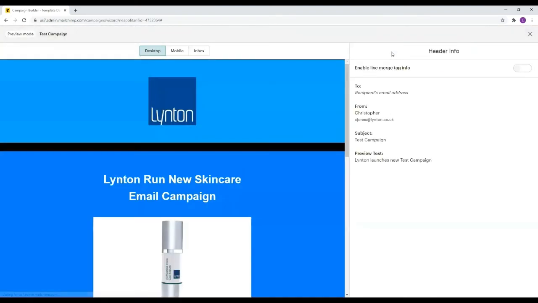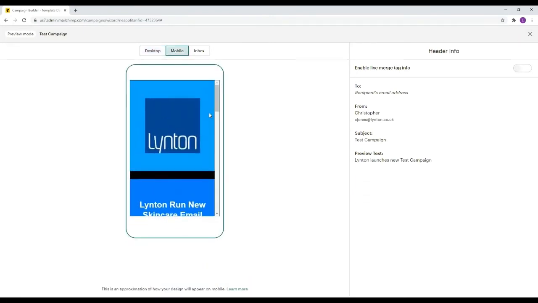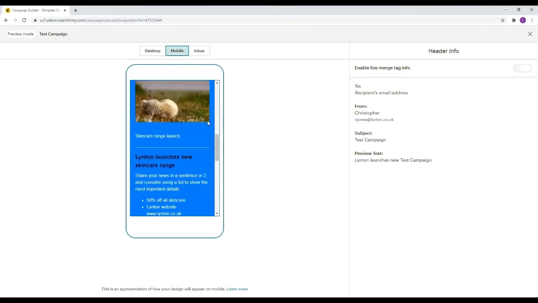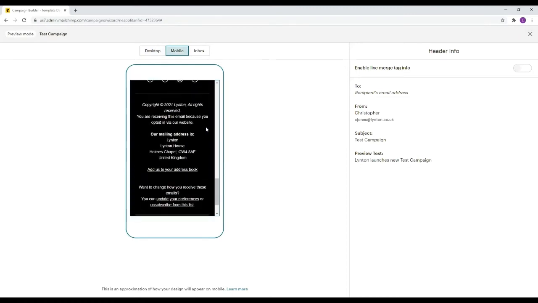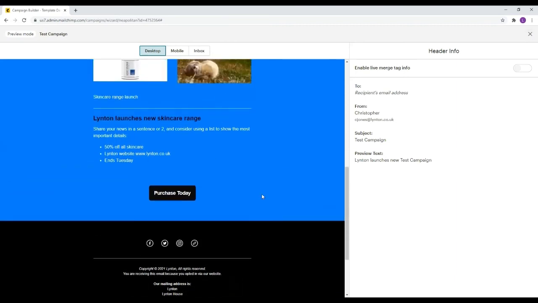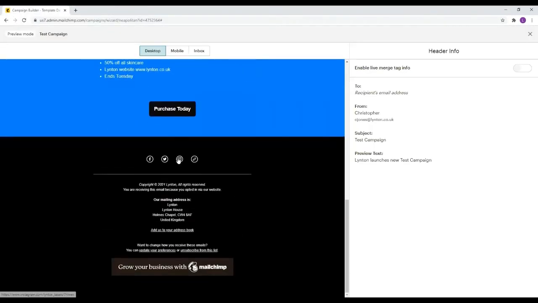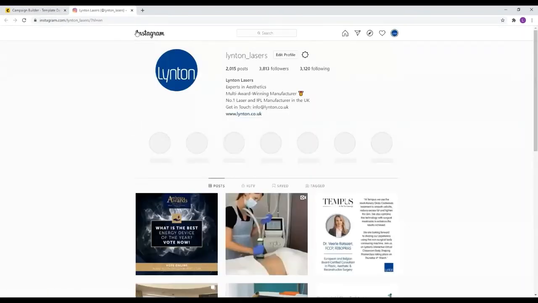So we get into preview mode here, and then you can see what it looks like on a desktop, and also what it looks like on a mobile device as well. There's lots of people who probably read this from mobile. Yeah. And you can see at the bottom here, it has already filled in all of the legal information, all the address information that we've put in as part of the MailChimp sign-up process. We can check to see if the links work, which it does. I've also popped in our Instagram handle, so we'll check if Instagram works as well. And yes, it certainly does.